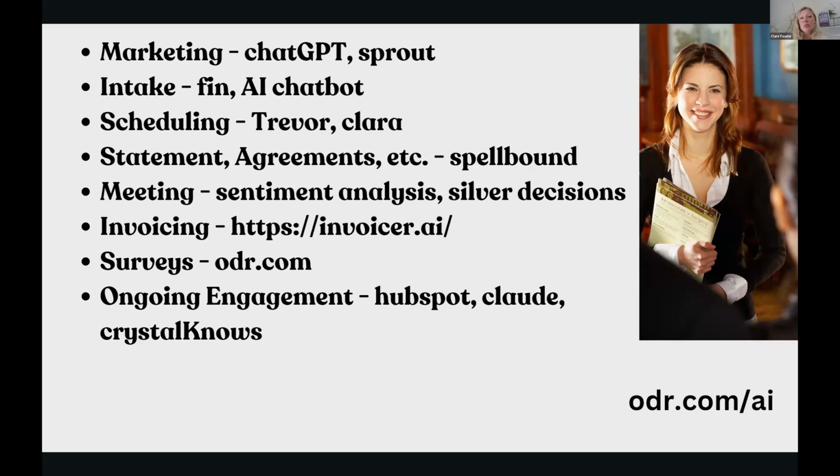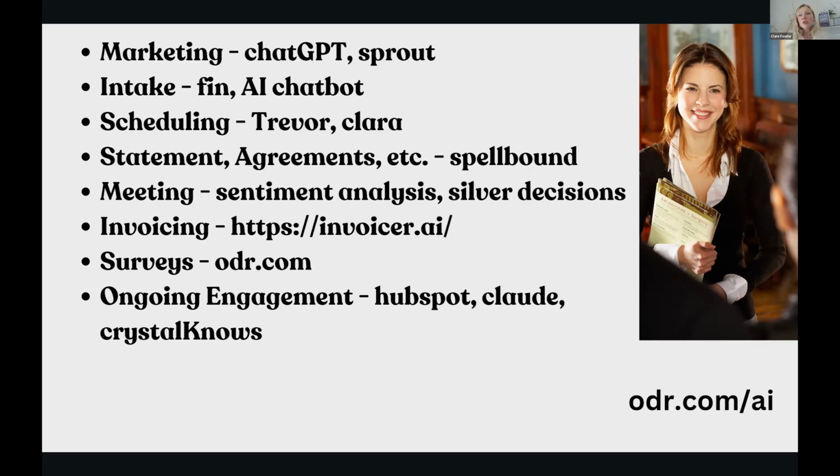So some of those that we are seeing in the middle of the meeting: sentiment analysis. I'll show you an example of that in just a second. Silver decisions. This is a decision tree where you can put the different facts of the case in there, and then it spits out some different possible solutions. Okay, so this can be really helpful, and this is really where we see mediators incorporating the fourth party that Colin was just talking about, right? This is where I have an assistant sitting at the table with me, and we're thinking through these problems together. I, the mediator, I'm still in charge, but we're just using this as a tool that I'm adding to the